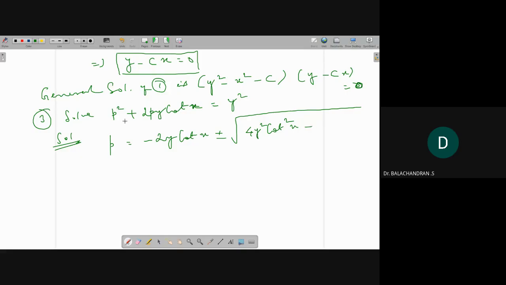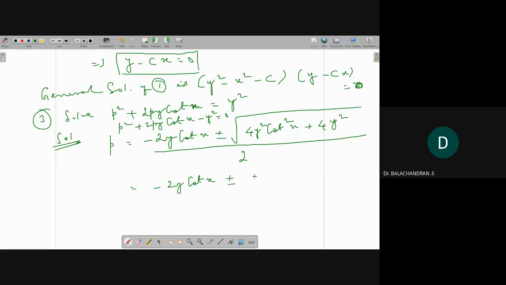So you should write this equation p square plus 2py into cot x minus y square equal to 0. So minus 4, a is 1, c is minus y square. So plus minus into minus plus 4y square by 2 into a is 1. So this is equal to minus 2y